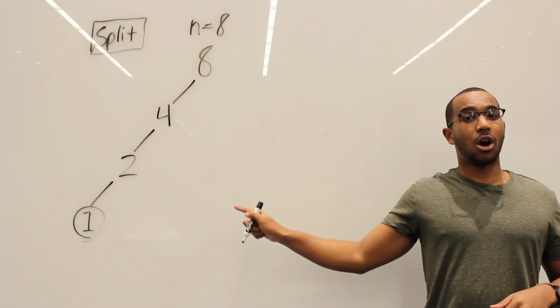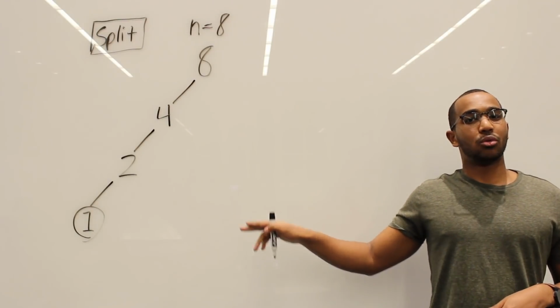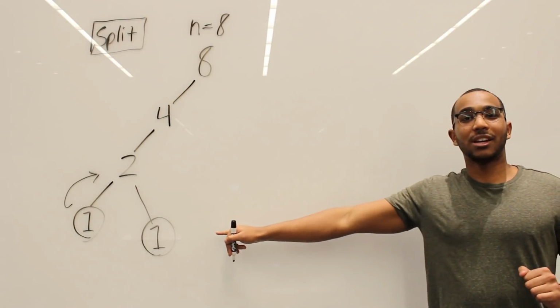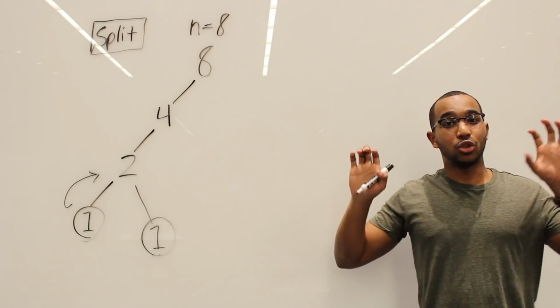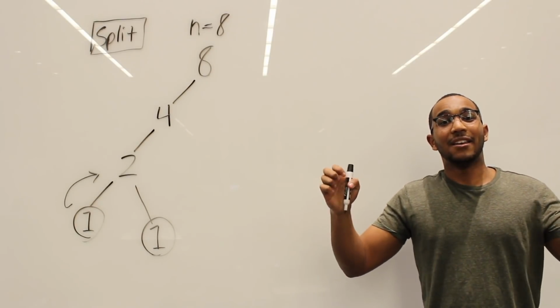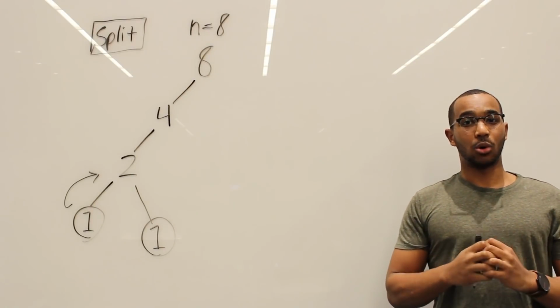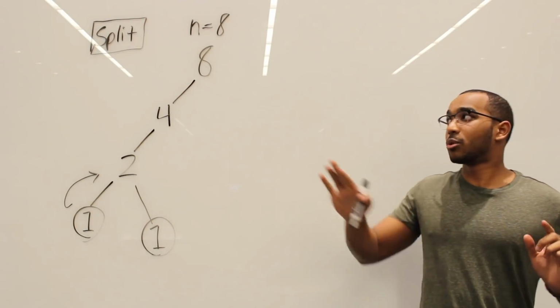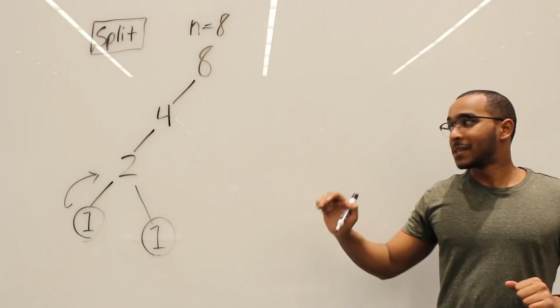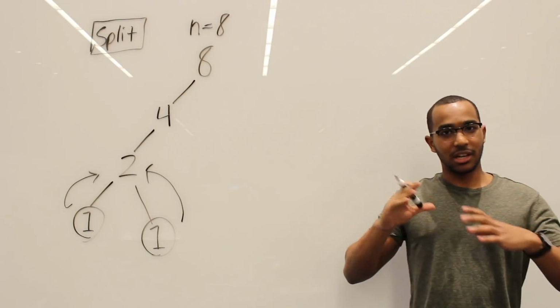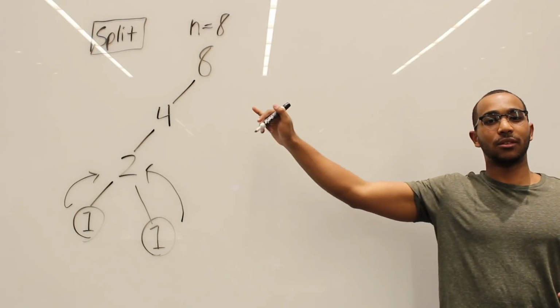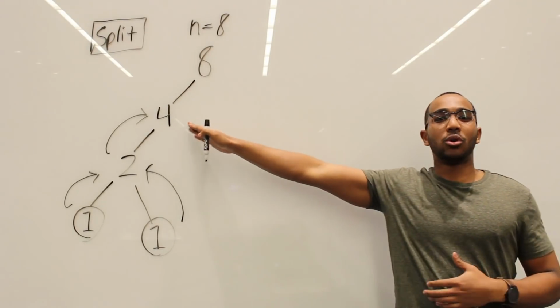I return to my caller. And then my caller splits right. And then one item is a base case. Now my caller right there has two sorted lists, and then the merge subroutine takes hold. We'll get into the merge subroutine; we're just focusing on splitting right now. So we return back to the 2. The 2 does its merging in its level, and then it goes back to the 4. Okay, and now control is back here.